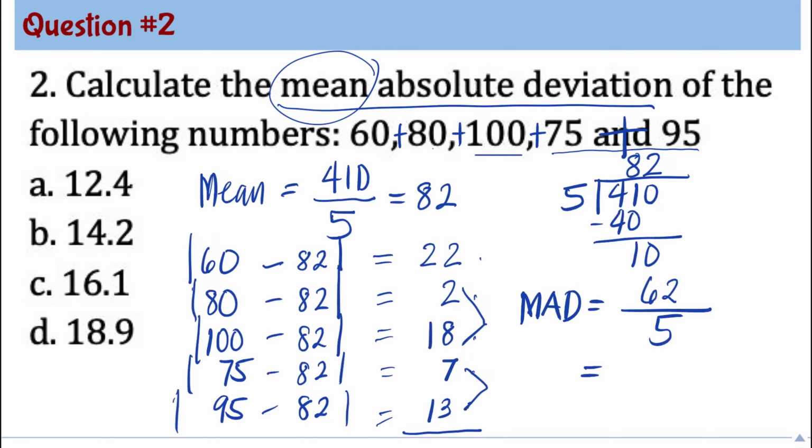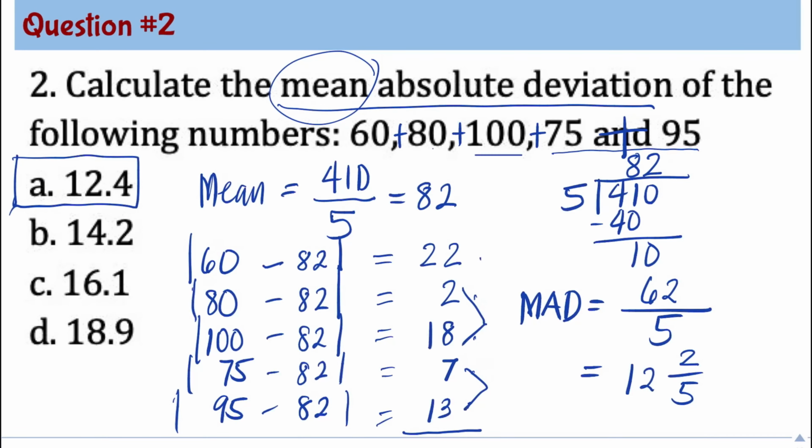And changing this to a mixed number, we know that 5 can go into 62 12 times. 12 times 5 is 60. And the remainder is 2. So 12 and 2 fifths. The only choice that has a 12 is 12.4 because 2 fifths is 0.4. So the answer for question number 2 is